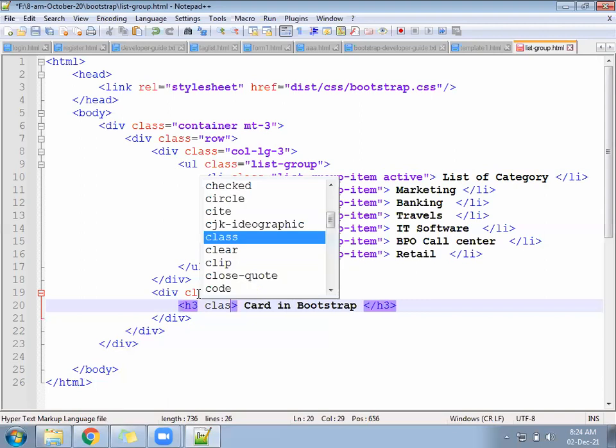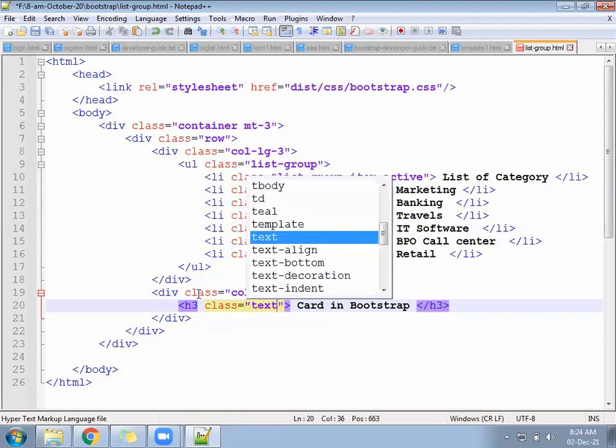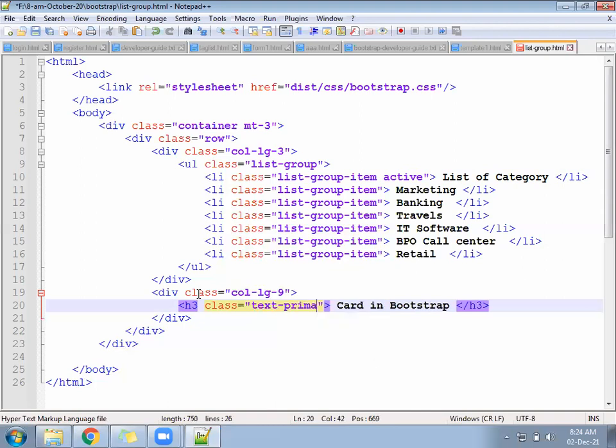For this, you can change the color. Text type and primary. This will also appear in blue color.